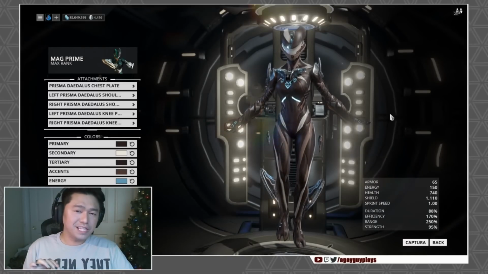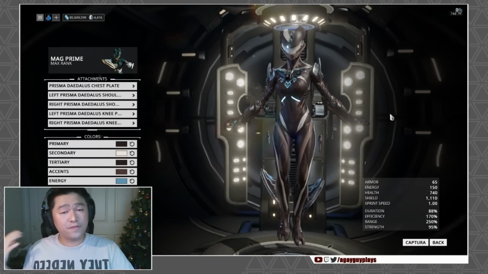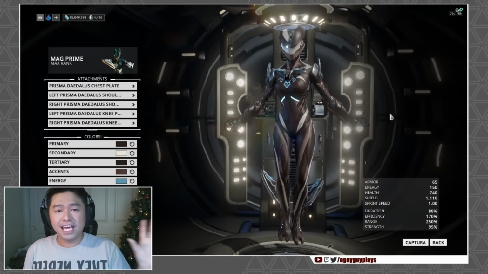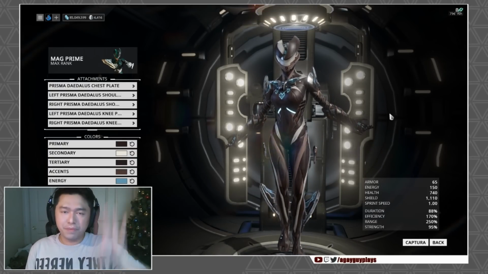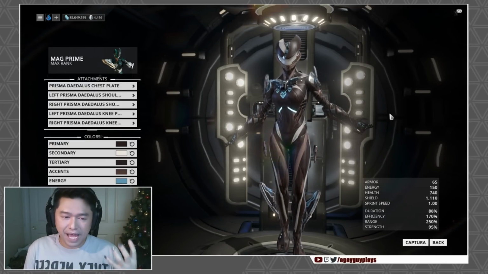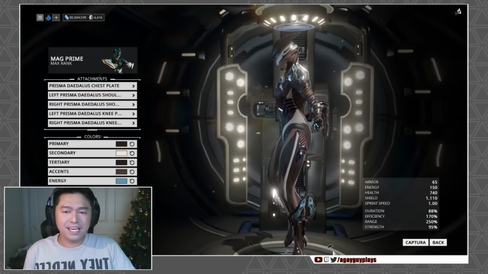Alright, moving our way a little bit lower down on the list is the Prisma Daedalus set, and this one is available for 410 ducats and 400,000 credits. Now, if the Couture was just a little bit too over the top for you, and the Edo was a little bit too back in the days for you, here is your futuristic set. Legitimately, the Daedalus